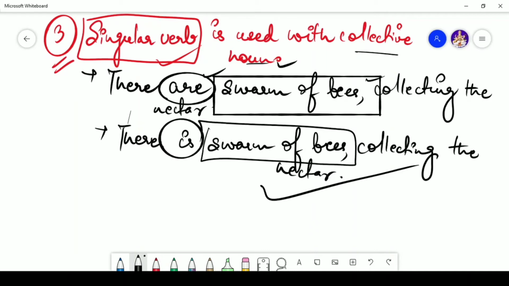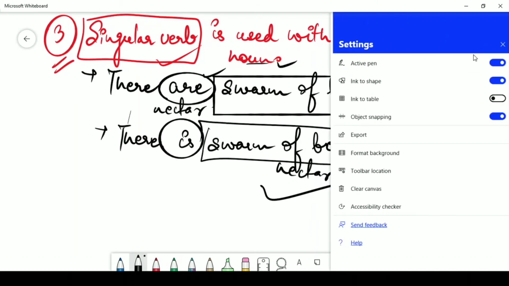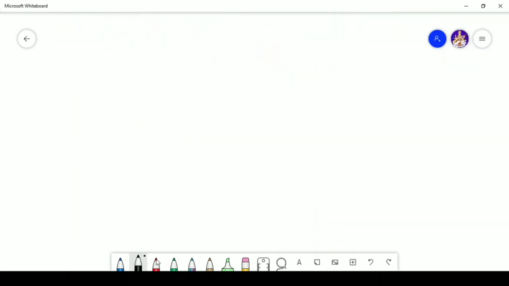Although whenever you are making sentences like this, at that moment it might hit your mind that you're talking about more than one bee, so let's use are. But in that case always remember that collective nouns make use of a singular verb. Now we are going to talk about the fourth rule,